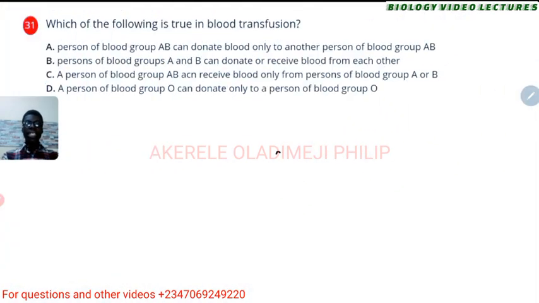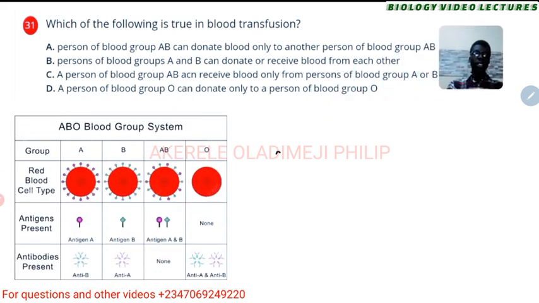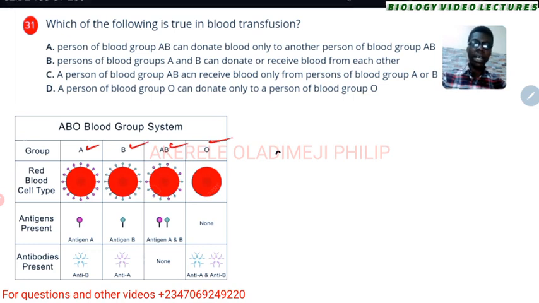All right. Now, which of the following is true in blood transfusion? Well, I think this is a major thing students need to know. So I might want to first explain a few things to you before we answer the question, which you might actually want to answer from the explanation. Now, the point is, these are the 4 blood types we have in the ABO blood group type. So we will see it here that we have